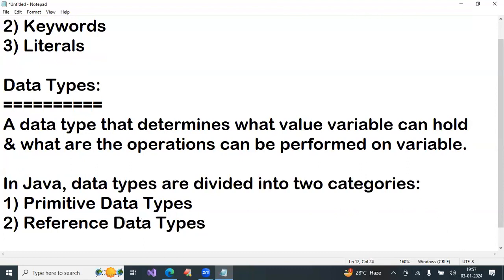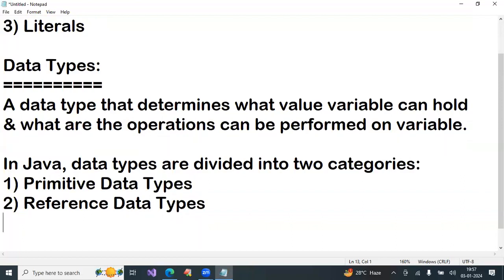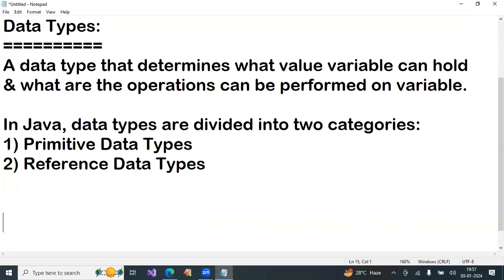This is terminology, and different programming languages use different terminology.